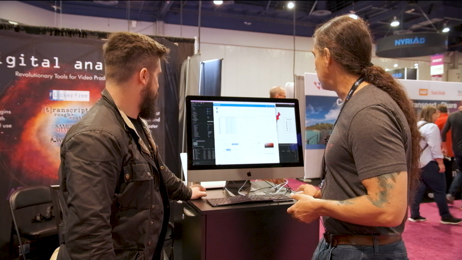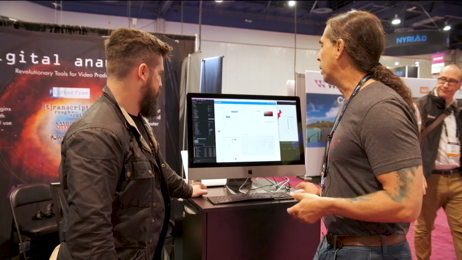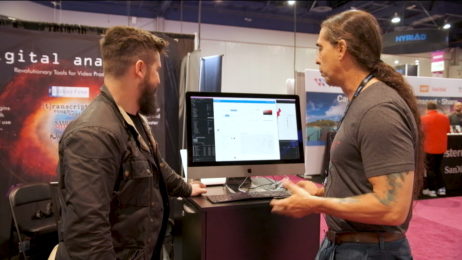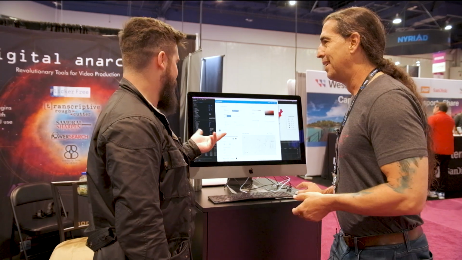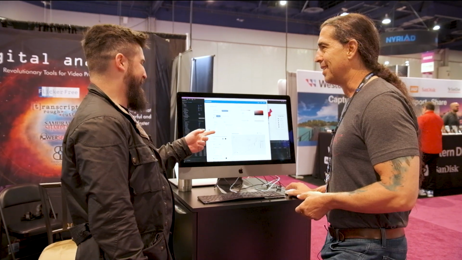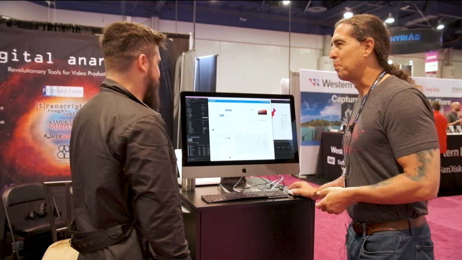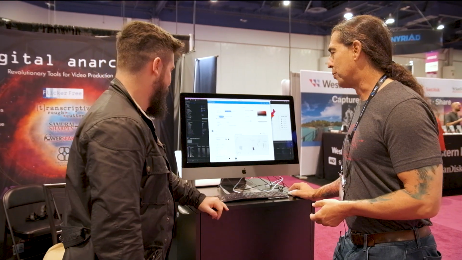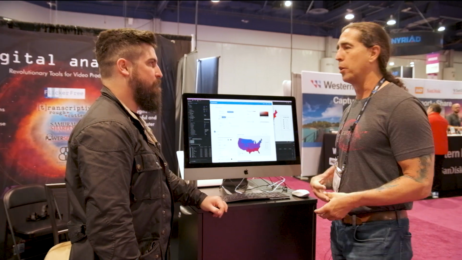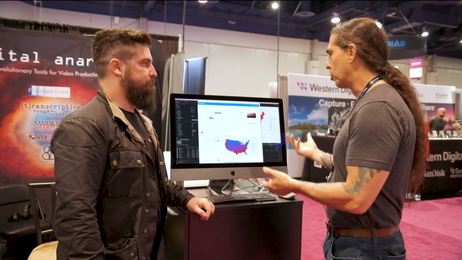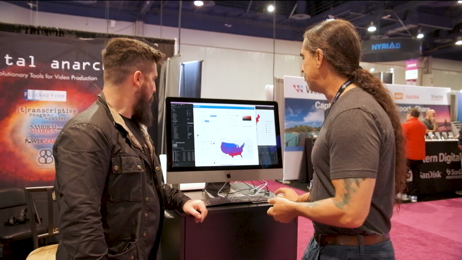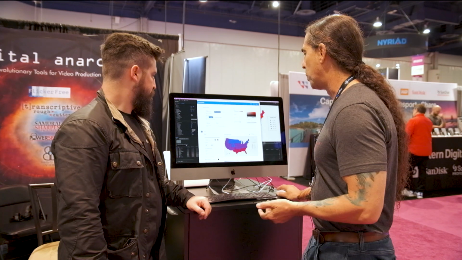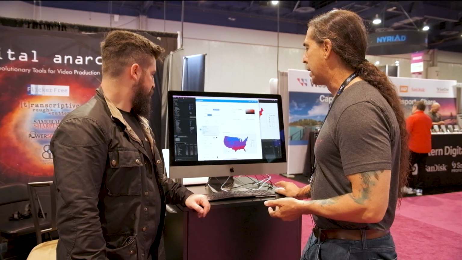We can then come down to the rest of the UI. You can set up your colors, other spreadsheet options. This is way more fully functional than I thought, way more features than I expected. I thought you were going to put in a spreadsheet and it figures it out. No. There's a lot of customization to let the user set up what they want to see, or what they want it to look like. It's a full-fledged charting application built into the NLEs, or After Effects. And so you have legends if you want that. You can turn those on or off. There's animation options,